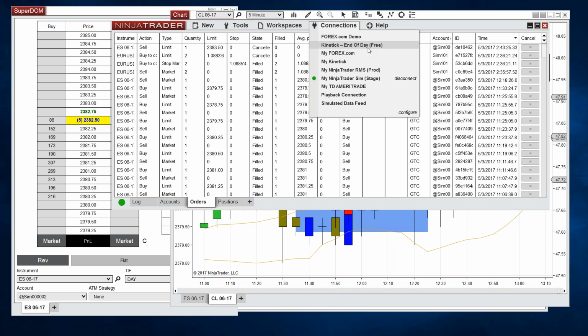Okay, can NinjaTrader 7 data be migrated to NT8? Give me a sec. Off the top of my head, that's a good one. I believe, yes. As I mentioned before, when you install NinjaTrader 8 for the first time, you're prompted with a question if you want to migrate data. And that includes a number of different things. I was just trying to recall whether or not that included the historical chart data, which it does.